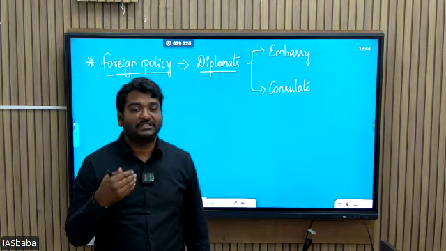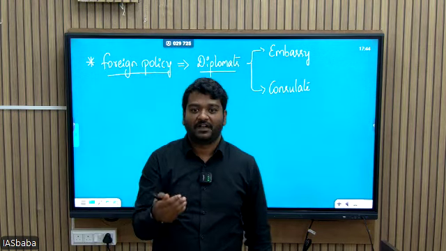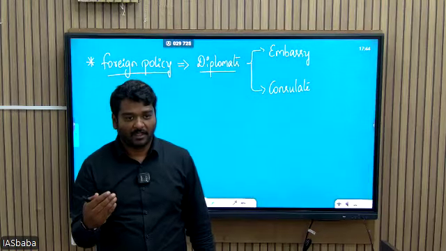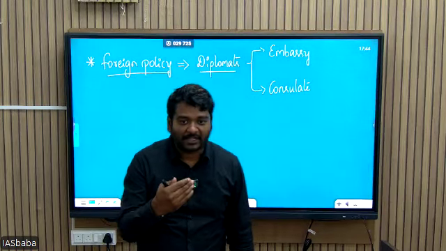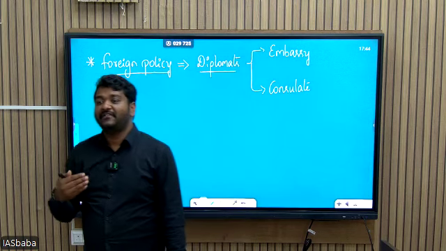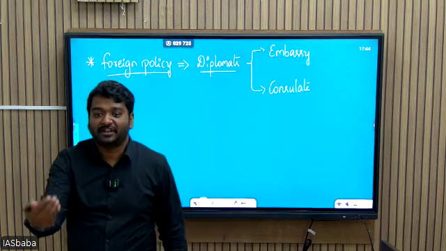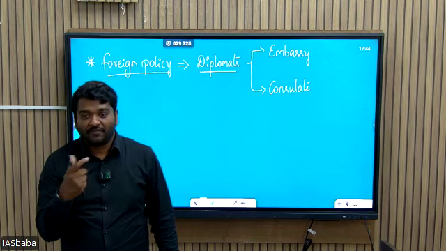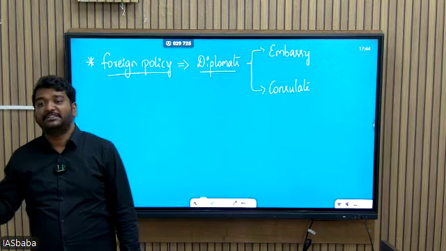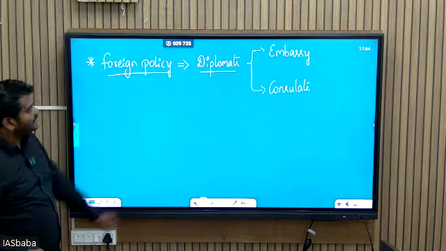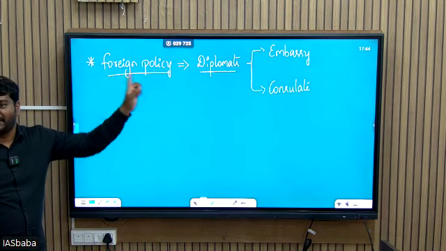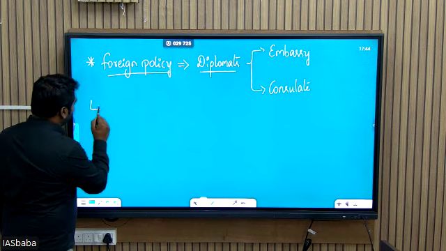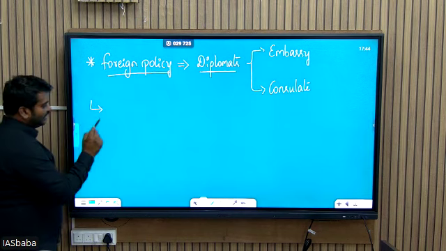India opened an embassy in Korea. The meaning of that is I have started diplomatic relations. We use the term what? Diplomatic relations. I am having diplomatic relation with another country. How? By opening an embassy. So if any country opens an embassy anywhere, what do we call it? We have diplomatic relations. And we also use certain diplomacies like